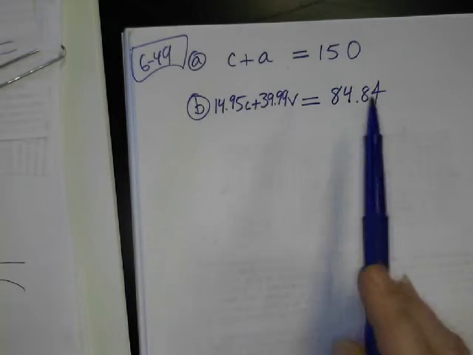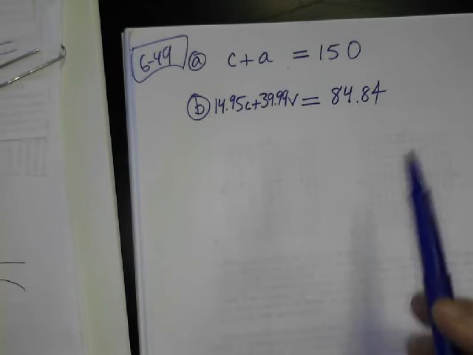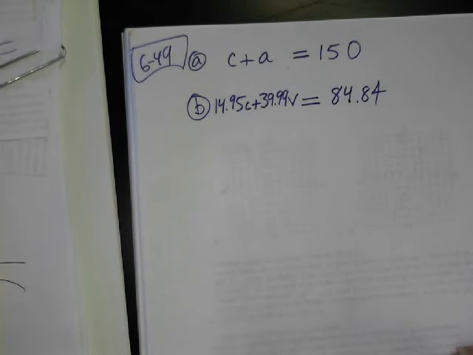Now we're not asked to solve it, we're just asked to write the equation. And we actually couldn't solve it unless they gave us a little bit more information. So that's great. That was 6-49. These things are on